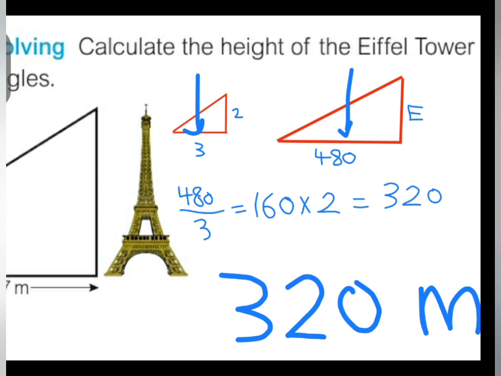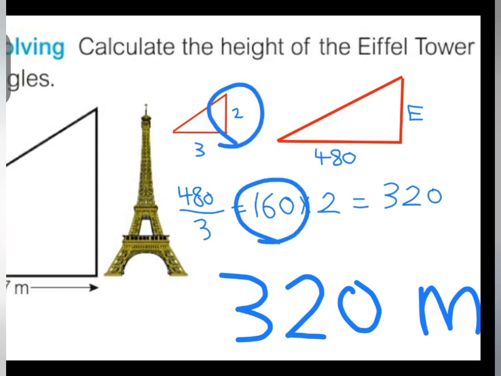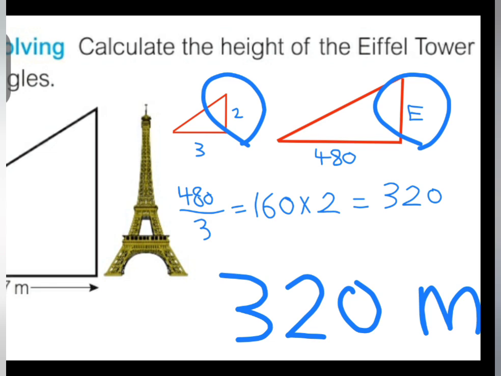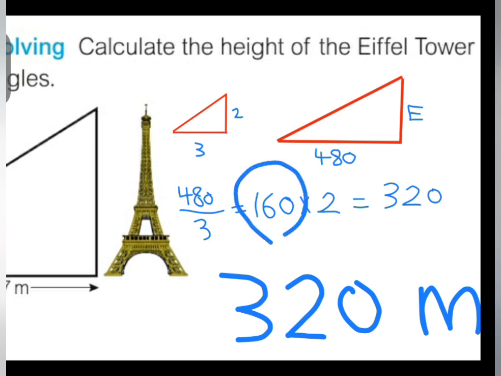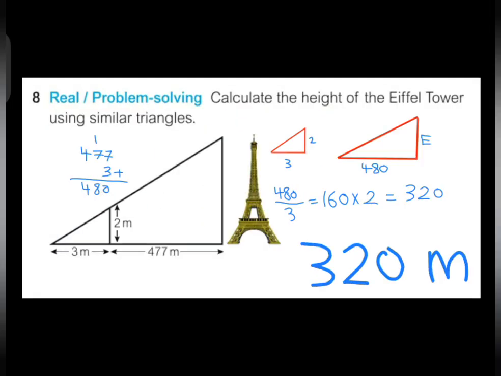After finding the scale, we took the scale and we multiplied it by 2. Why did we multiply? Because 2 is the small side and we're trying to find the big or large side. To find the big side, we multiply by the scale factor. But to find the small side, we divide by the scale factor. And the answer was